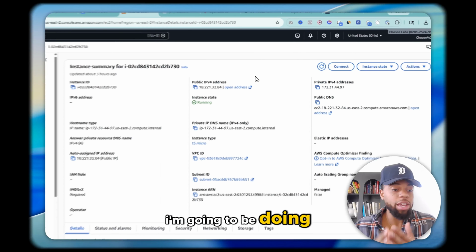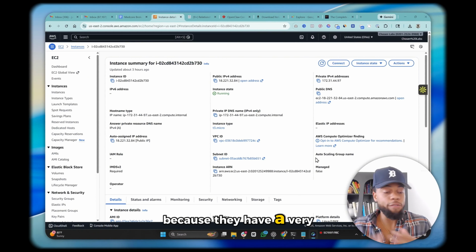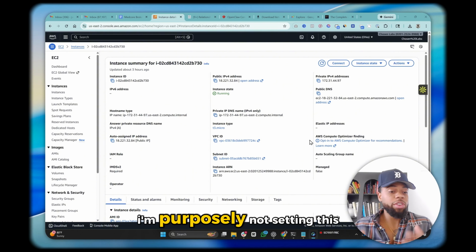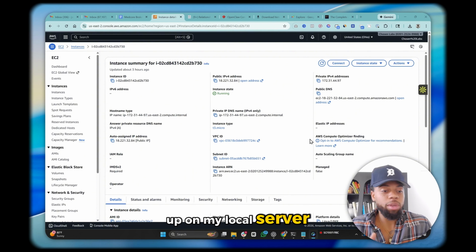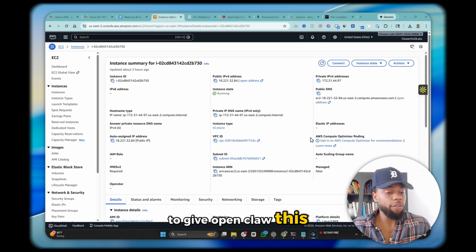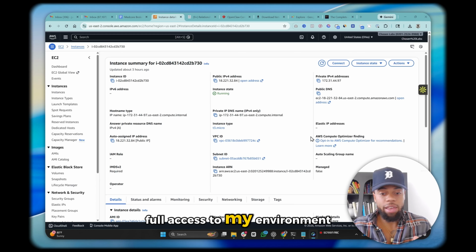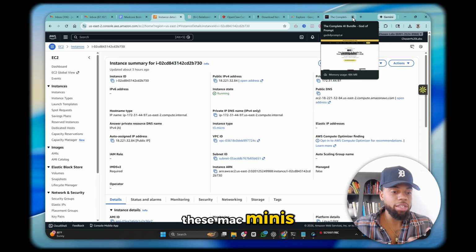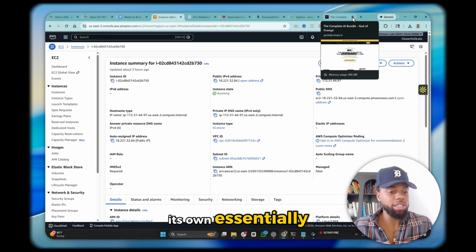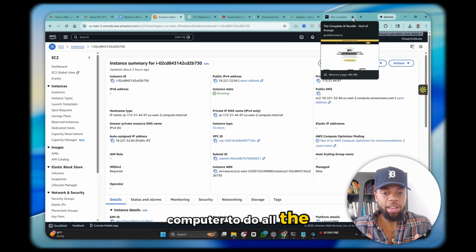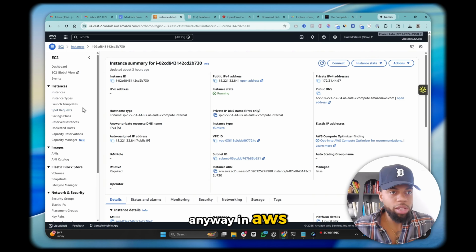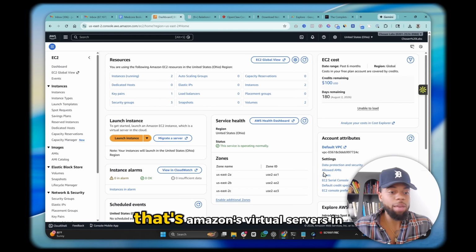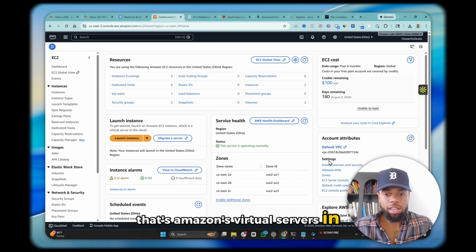I'm going to be doing it on AWS because they have a very generous free tier to set up a VM. I'm purposely not setting this up on my local server to give OpenClaw this full access to my environment, to all my data and information. That's why everybody's buying these Mac Minis, because they can give it essentially its own computer to do all the actions, etc. Anyway, in AWS, you basically want to search for EC2, that's Amazon's virtual servers in the cloud, and